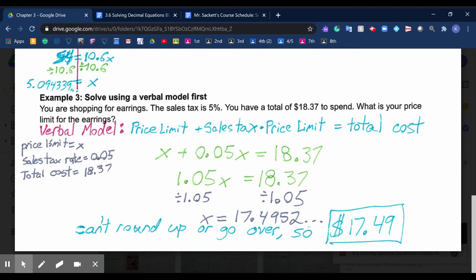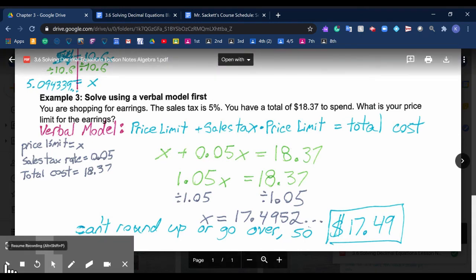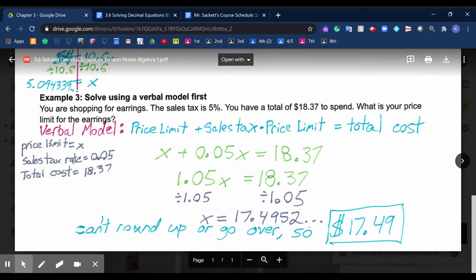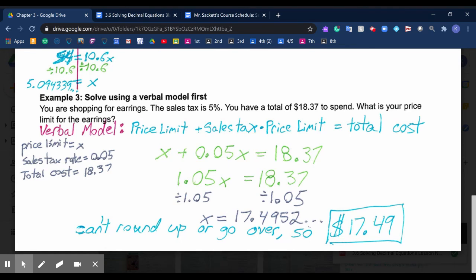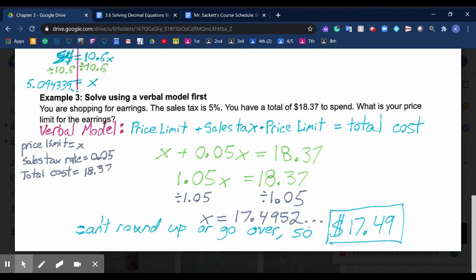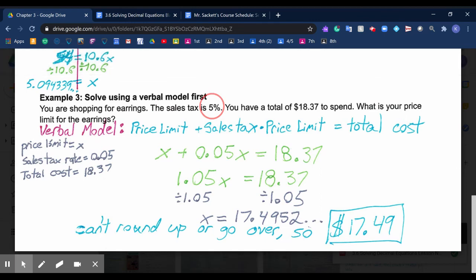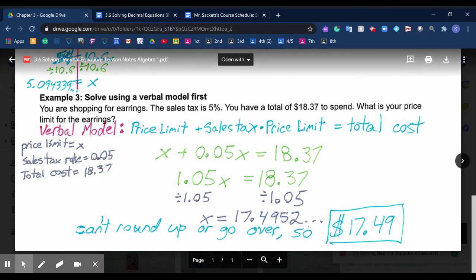So then our verbal model would be the price limit plus the sales tax rate times that price limit equaling the total cost. So we would have whatever our price limit is plus the sales tax on the price limit equaling the total cost. So if we label these from our verbal model, the price limit would be x, the sales tax rate of 5%. To convert any percent to a decimal, you divide it by 100. So we'd have 0.05. And then our total cost is the